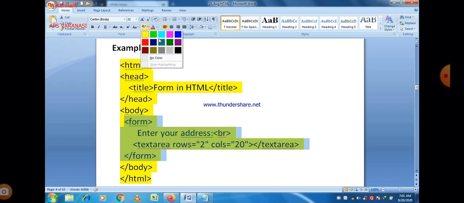And it is up to you how many rows and columns you define. According to that, the text area will be there in your HTML web page. So here you can easily see the textarea.